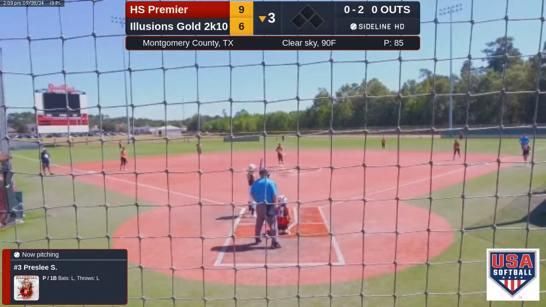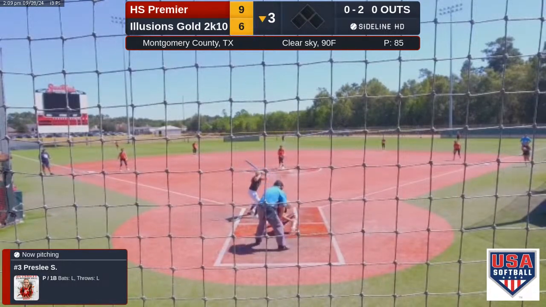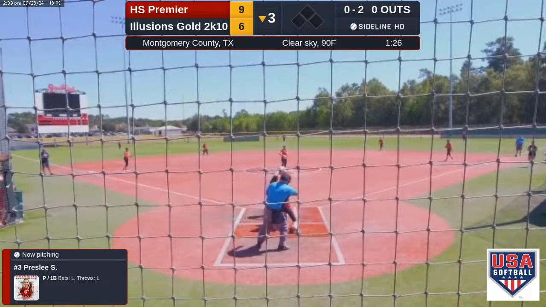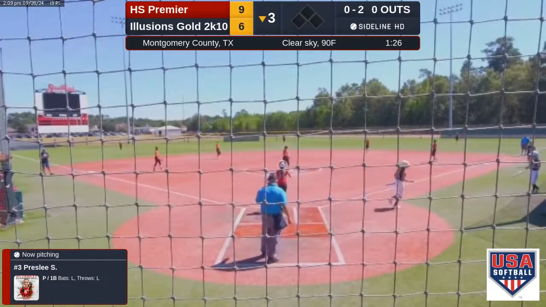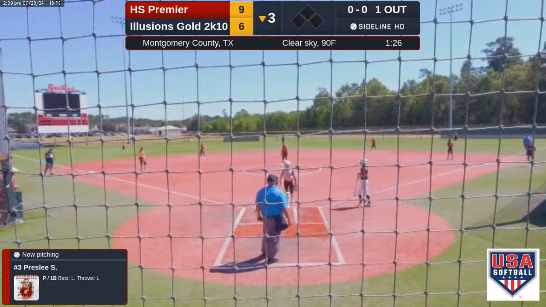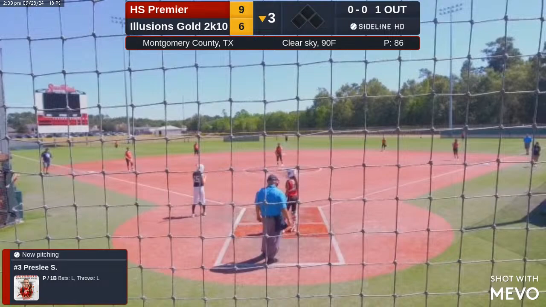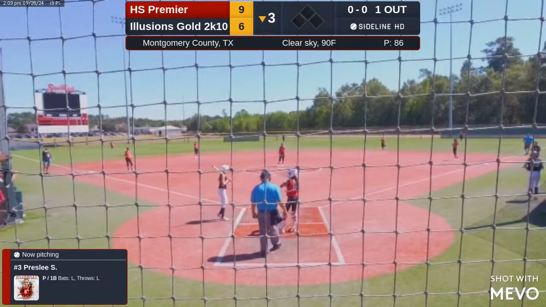Camille Cloudy is behind the plate. I believe we have no balls, 2 strikes here. Abby Besadas is your third baseman. Carissa Cloudy at first. And that pitch is called strike 3. So the Hotshots jump out with a 4 in that last inning to take a 9-6 lead. And the good fortune stays with them here. They got the first out.